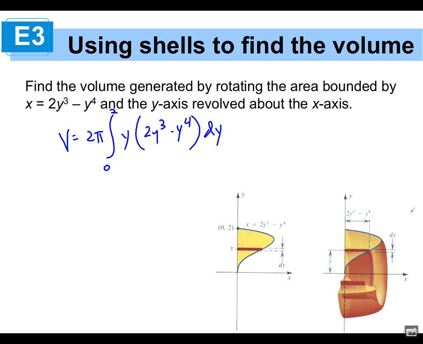Now, some people would argue that shells are easier because you're not squaring any terms. You don't have to find 2 radii. It's just a straightforward area of the rectangle times the distance away times 2 pi. In a number of problems,